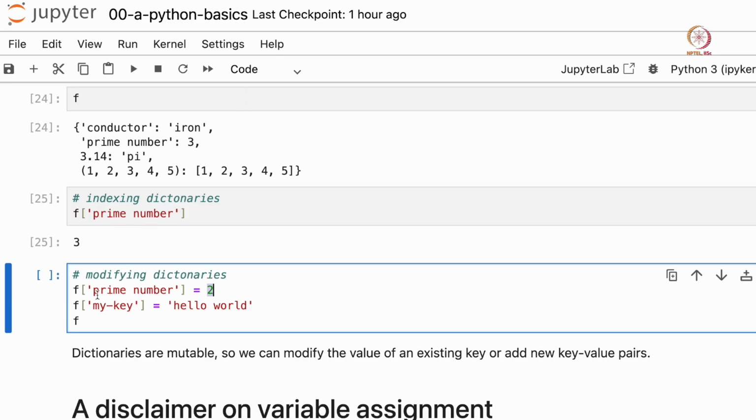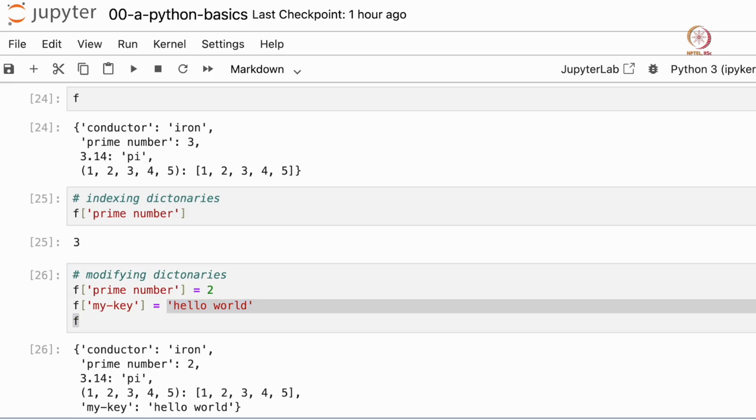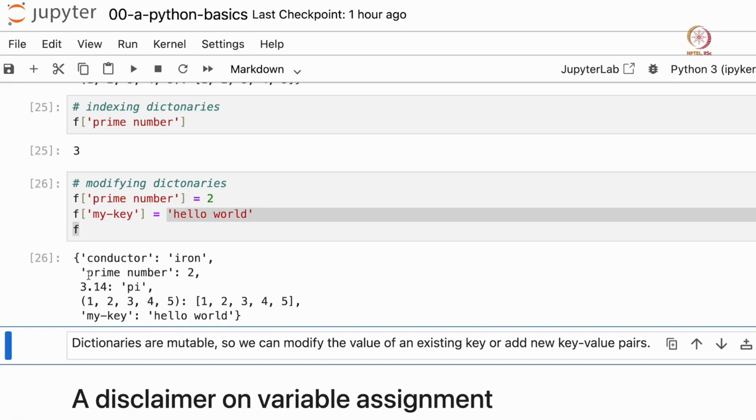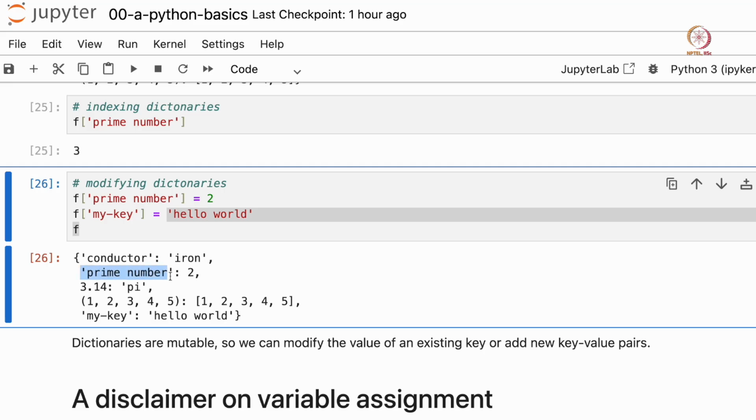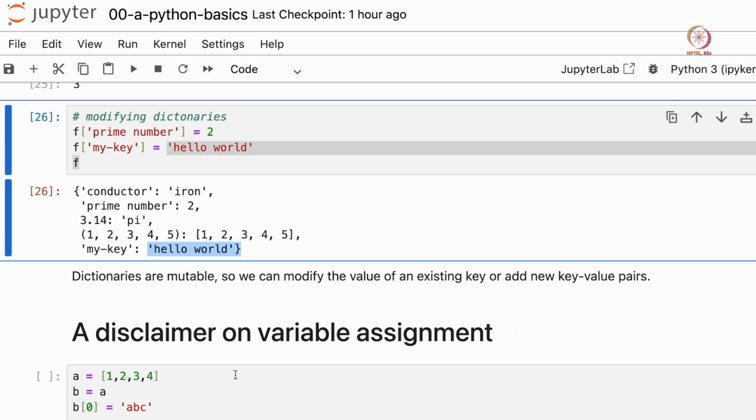So I can add this string my key and assign a value to it, hello world. And if we print this, I see the prime number key has a modified value of 2 and a new key appears, my key, that has a value of hello world. So dictionaries are mutable, so we can modify the value of an existing key or add new key value pairs.